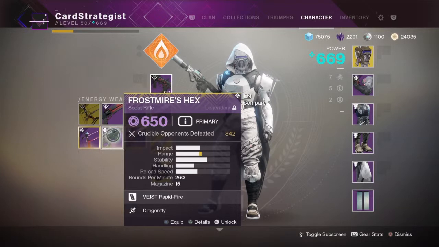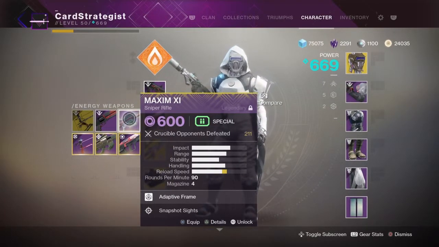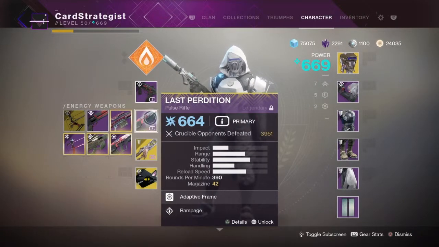this eventually came out, and I really liked this one too, the Frostmeyer's Hex. I decided to make it Masterwork, and I got 842 kills on it. And then this one, I don't remember what came out first, but then I got 211 on this one. But all that combined, I would have had nearly 5,000 if I wasn't using this or this. But with that aside,